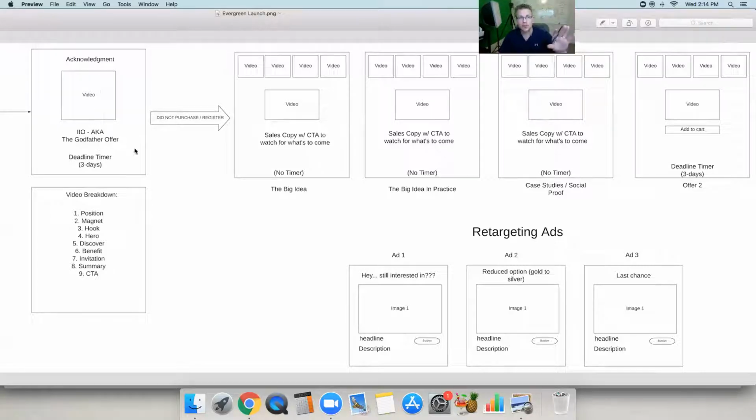This bribe is going to go back to, guess what? The emails as well. So you're going to have people who are opting in and that are leads coming back to this page, as well as people who are opting in immediately after getting to this page. Then when somebody actually gets to that page and doesn't purchase, they're going to see the emails coming through offering bribe A, and then they're going to get each video here individually offering bribe B. But they're not actually offering it. It's setting them up for this offer. So in our eyes, we've opened up the cart for 3 days. We've let these videos run for 3 days. And if they don't purchase, they're going to get introduced to